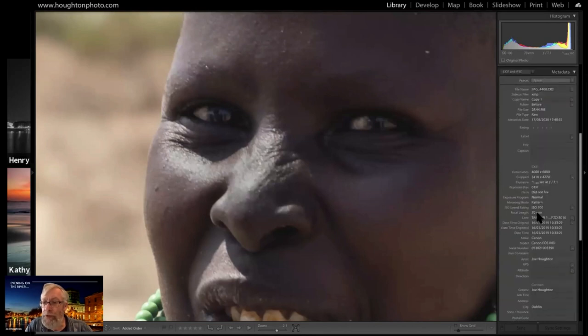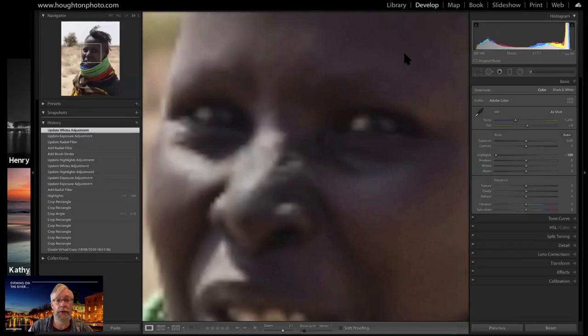So it's a 70mm Tamron lens, 160th of a second. Okay, so it's probably motion blur. But I mean, you've got a fast enough shutter speed at 70mm, but it's definitely soft. So let's go back into develop and see what we can do with our eyes,